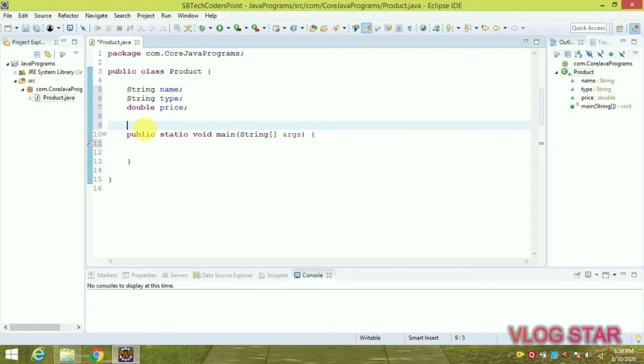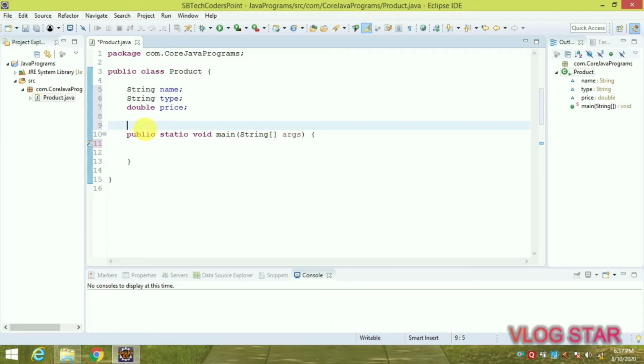So here first one is default. What is a constructor? A constructor is nothing but it is used to initialize an object, and whenever an object of the class is created, the constructor gets called. So first one is the default constructor, as it is automatically generated implicitly. So that's all about the default constructor.